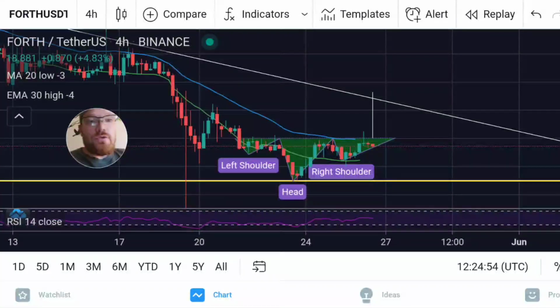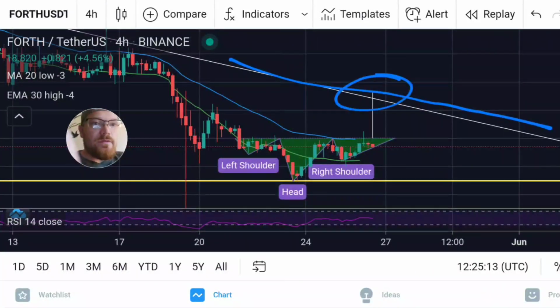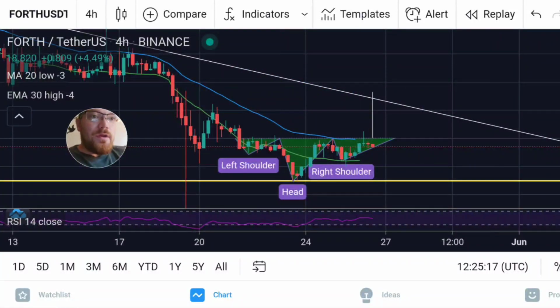So that would make sense, right? If this inverse head and shoulders were to play out, if we were to break $20 here, guys, and break our EMA here, you can see how the EMA is coming down here and kind of holding us down right there. If we would come up and break that, it would make sense to come up and retest our downtrend resistance right there, in and around $25 to $26. And then we could possibly come on down.